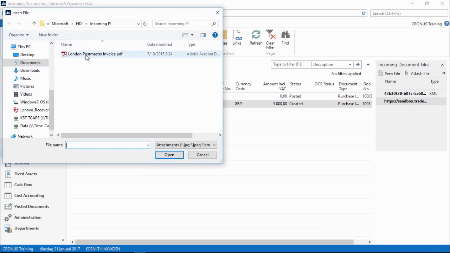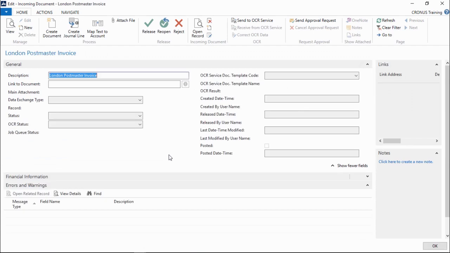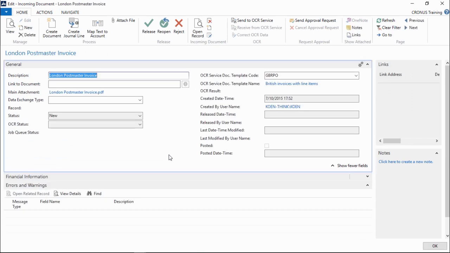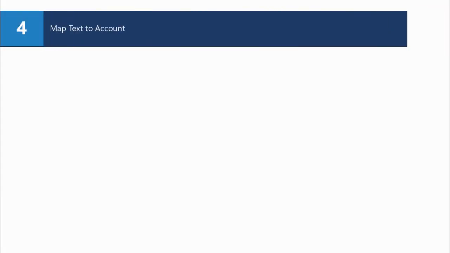And I will retrieve the London Postmaster invoice PDF document. Next, I will click on Open, and the new document is created. Now, before triggering the workflow by releasing the incoming document, let me first show you the map text to account